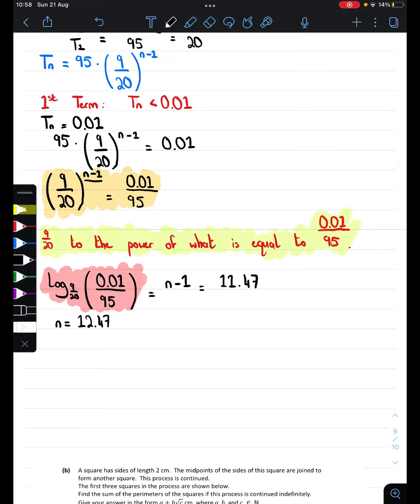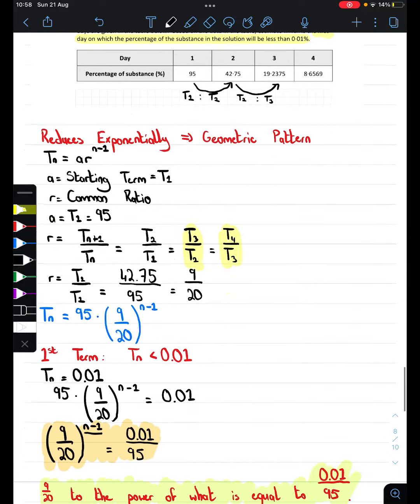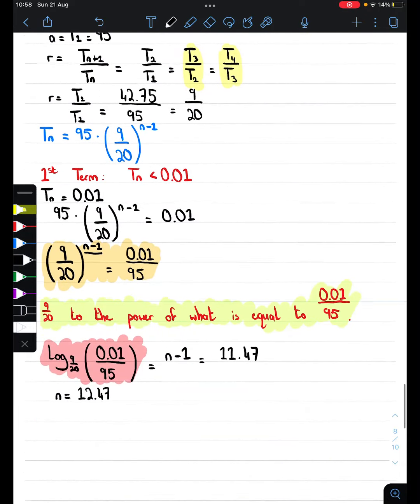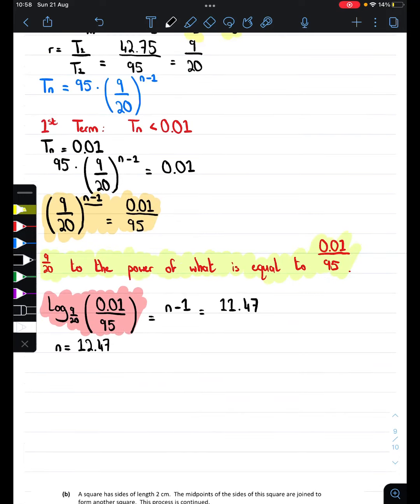So on the 12.47th day, the percentage of the substance in the solution is equal to 0.01%. So the first day that it's less than 0.01% is just the next day. It's just rounded up. So n equals 13 is the first day